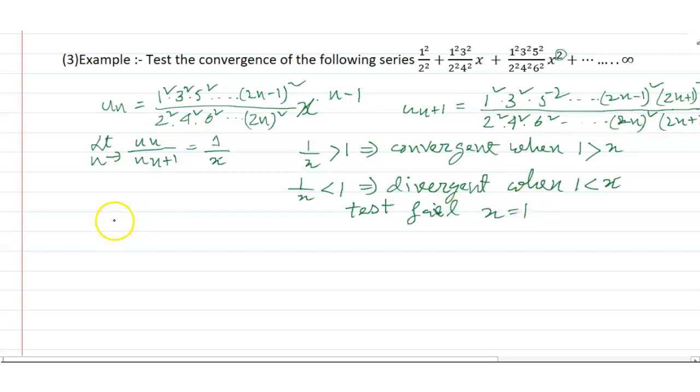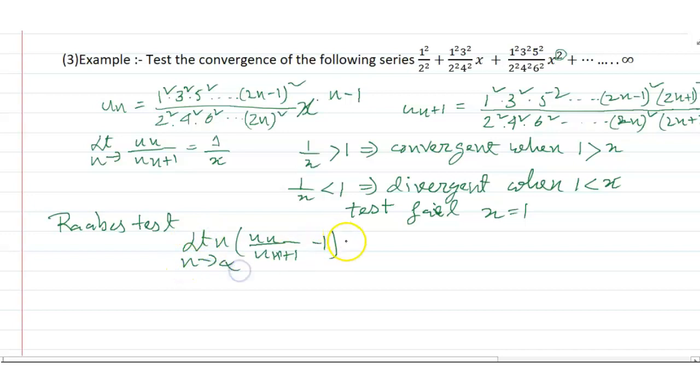X is equal to 1. Now if I check Raabe's test, then limit n tends to infinity of n into (u_n by u_{n+1} minus 1), and we see that n into u_n divided by u_{n+1} means limit n tends to infinity, then we get limit n tends to infinity n into (2n plus 2) whole square divided by (2n plus 1) whole square minus 1, and equals to